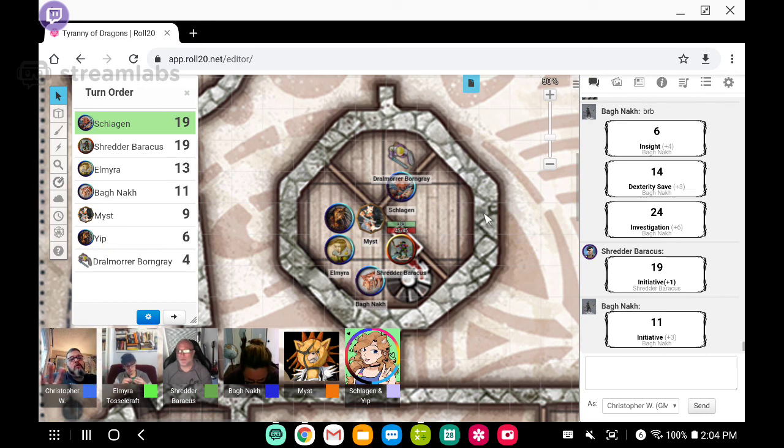Right. But you can do that once you get multiple attacks. You can throw a Divine Smite on every single attack, unlike Sneak Attack for rogues. Sadly, I don't have that many spell slots. Right, yeah. Gotta be a little bit more picky. Yes. So, Thunder Smite with a Warlock spell slot. And that's going to be a... Oh, where's my attack? 22. That hits. And throwing that divine on top of that, we're looking at 6, 2,